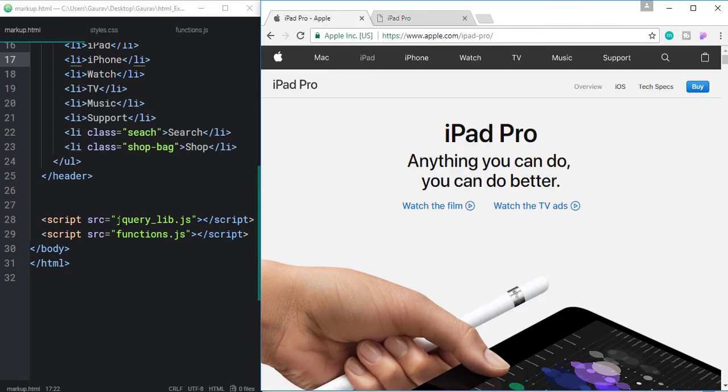So next let's create this section, this headline and this sub menu.